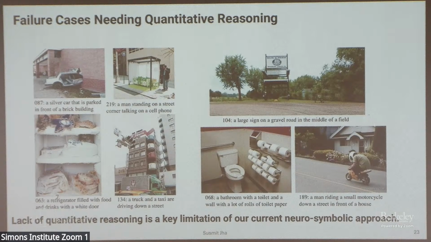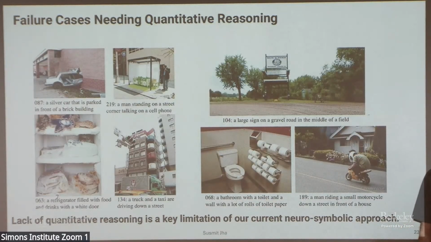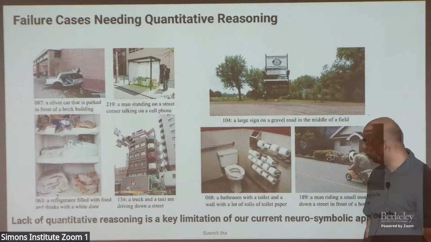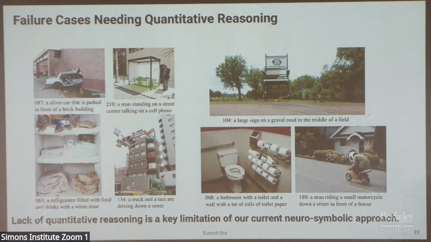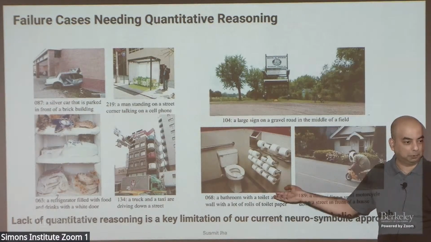I didn't understand the comment you made just now, that the vision language model doesn't capture it. I mean, yes, the caption does capture it in some way, right? A lot of rolls of toilet paper. What is a lot? A lot could be perfectly in distribution if there are 3 or 4 of them. But any human will look at it and say, well, this is out of distribution.